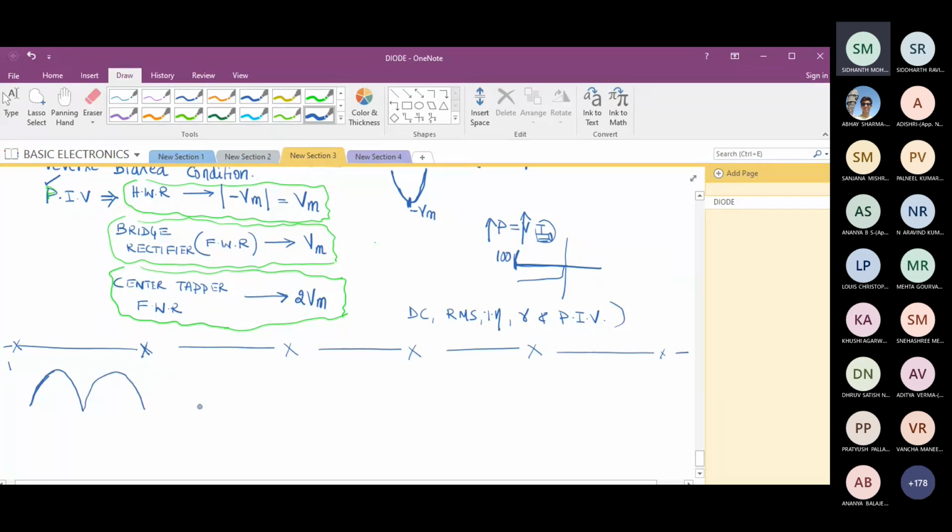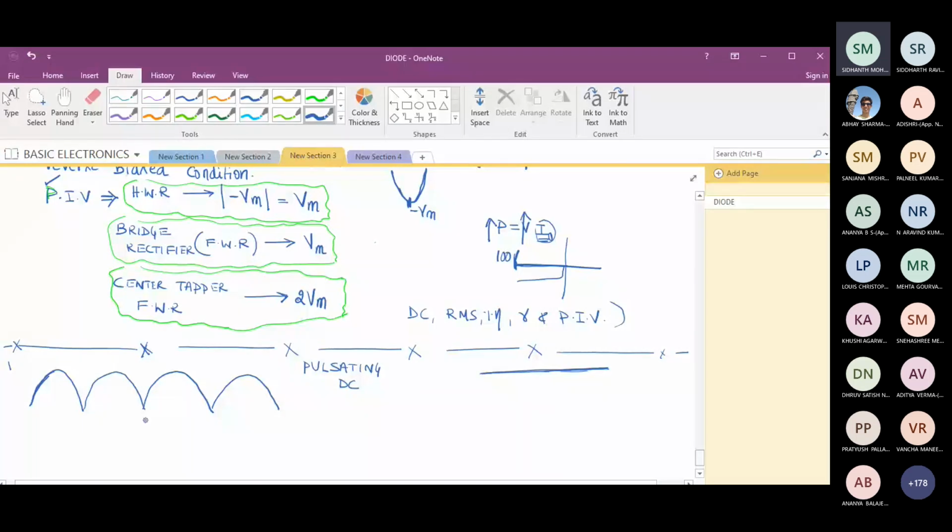But my question is, have we achieved pure DC? No, sir. Still we are getting ripples. And what do we call this? Technically we call it pulsating DC. So this is a pulsating DC. This is neither AC nor DC. Our objective, our aim is to get a constant value.